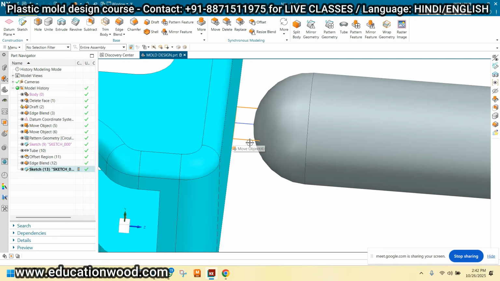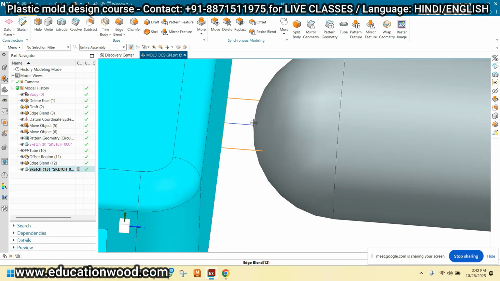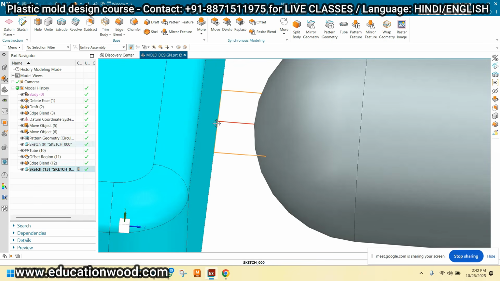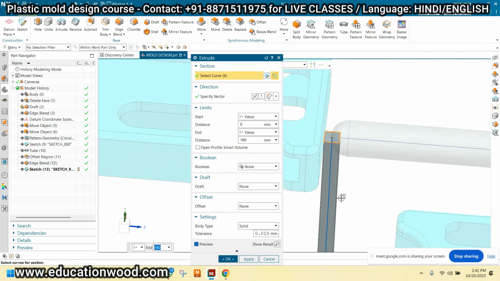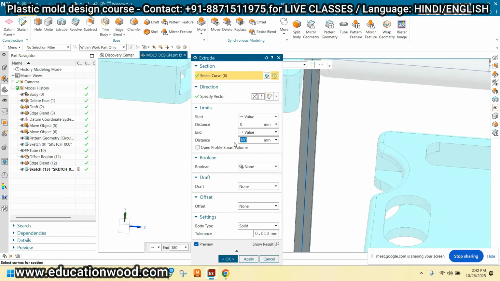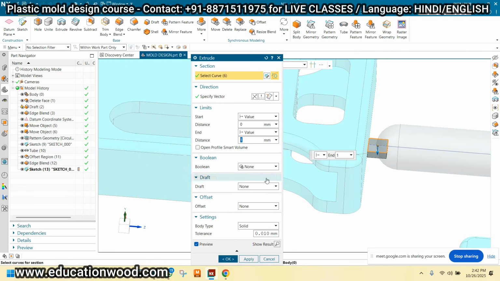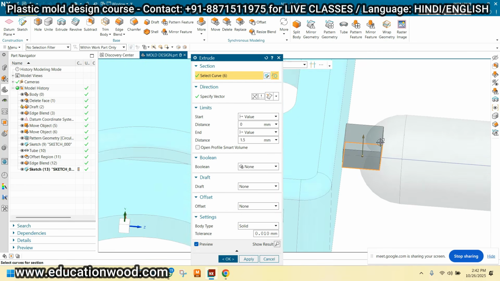Nothing but it is the length basically here. So yes, for the edge gate, 1 to 1.5 I can take. As we offset before, we have offset the 1 mm. So basically I'm just taking the curve inside this body, you can say that, right? Only for the extrusion purpose. Now 1.5 is the height. So here will be the height.